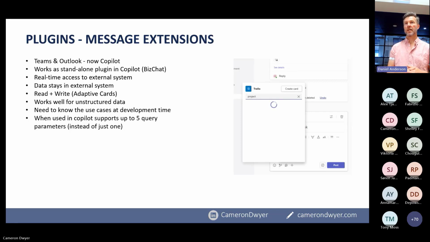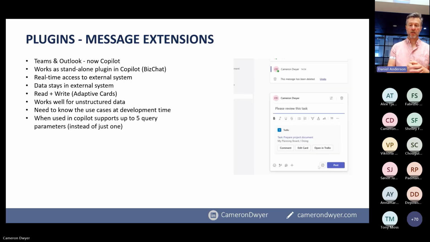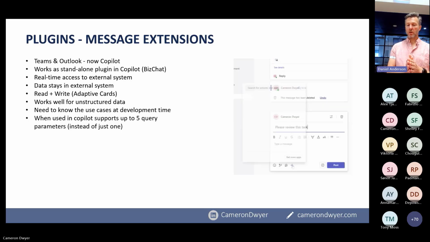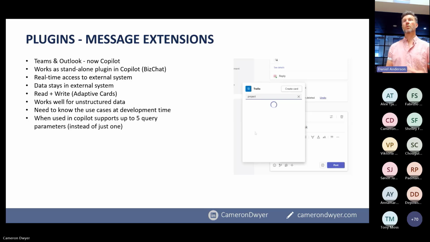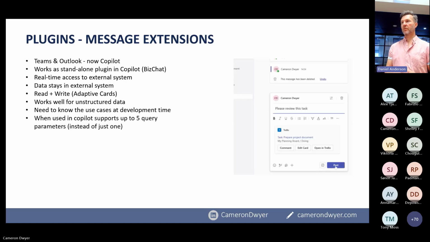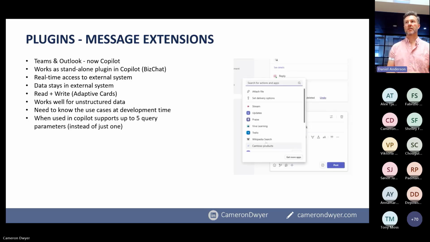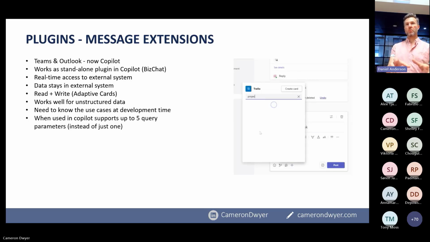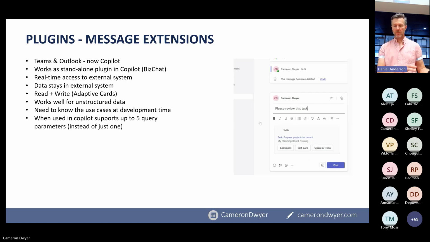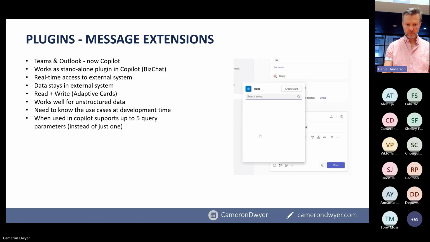So you can talk to Copilot and you can ask it questions. The user interface is slightly different. I'm not going to do a live demo. That's why we've got the animation running here. The user interface is slightly different when you're using Copilot in that you don't see this search screen that was just on the screen then. You don't actually type something in and see the results. You ask Copilot. So here, if it was Trello, I could say, can you check Trello and find me a project called Microsoft Reactor? And it will just almost automate what you would have done by typing into the UI for a message extension, and you'll get the same result. The adaptive card, the result that would have gone into your chat message, will now get returned inside of the Copilot experience. So if you've got those, you can bring those through quite easily to Copilot.